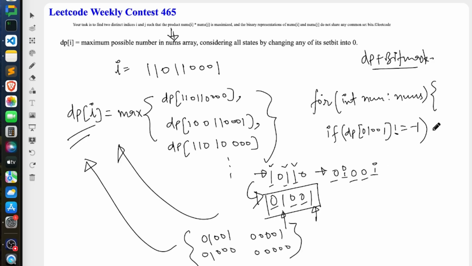If this is not equal to -1, it means that your answer exists. If it is equal to -1, it means that there is no such number in the original array. So just return or continue here. But if it is not equal to -1, it means that the number is present there, right? So in that situation, your answer will be the maximum of answer comma your current number num into this dp of this jar of it, right? Exact jar of it. So for 10110, the jar is